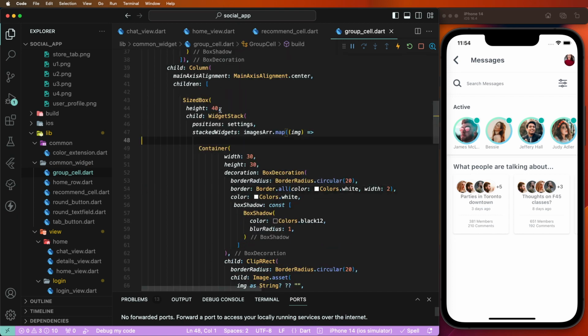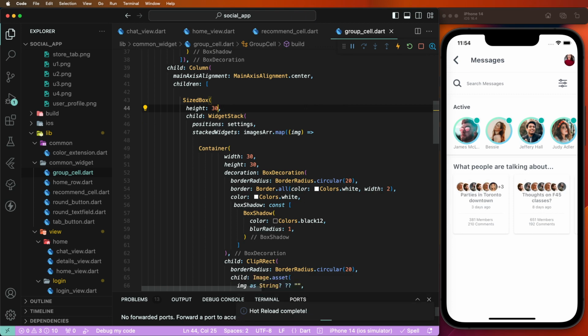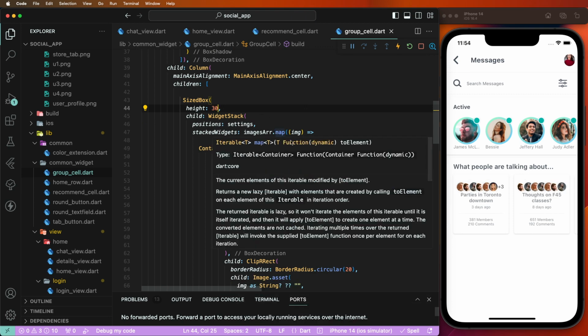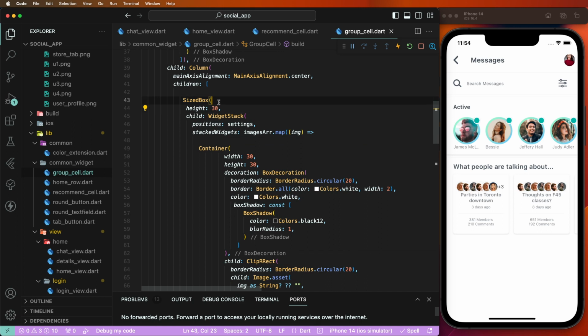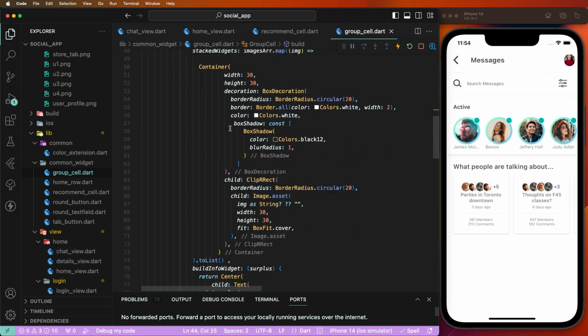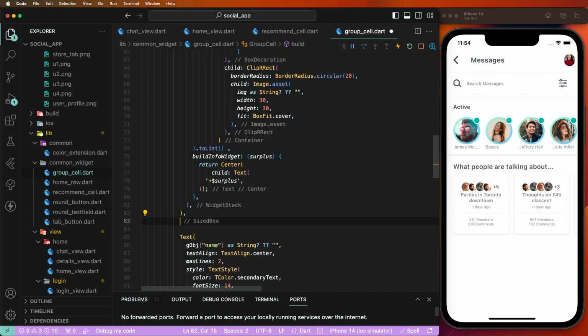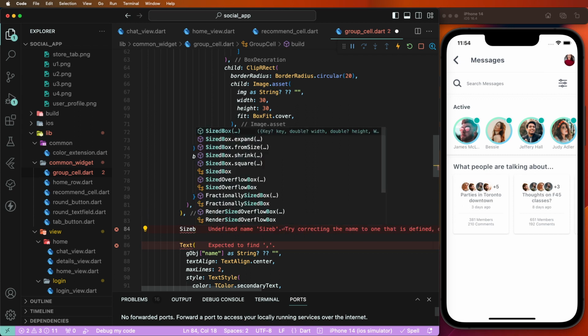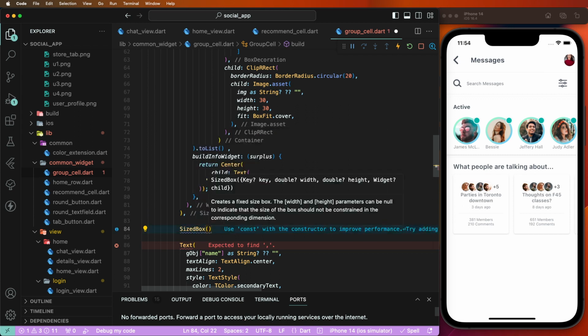To decrease this height. To give this here the width 140. 120 you need to set this here and to give this here the height space. Size box you need to give this here